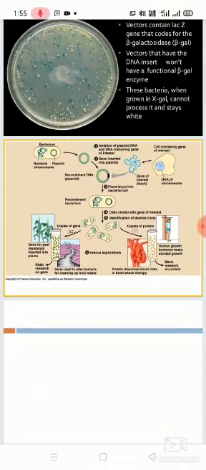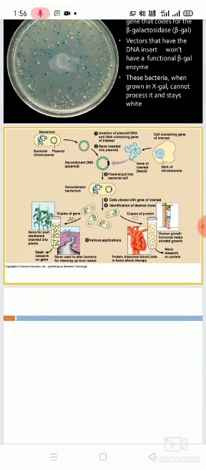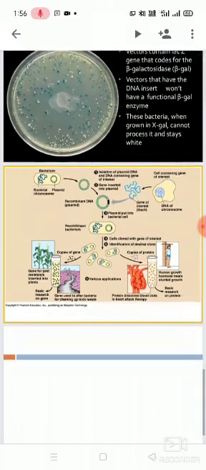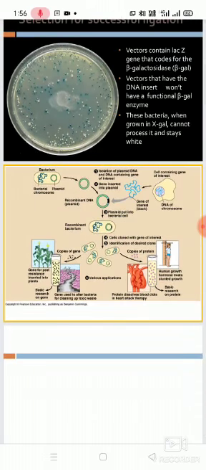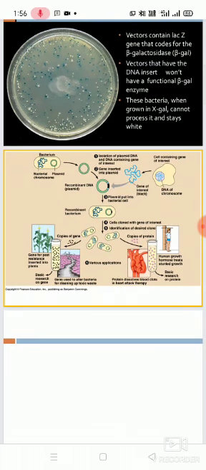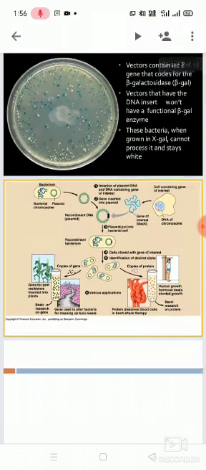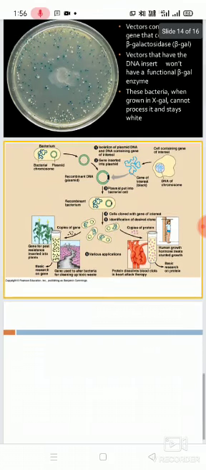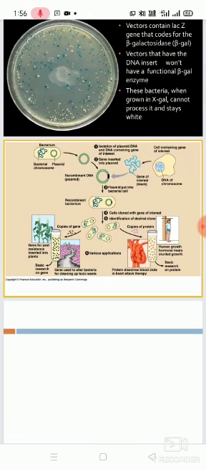So quickly I will summarize the whole gene cloning process. As I already told, the plasmid is very important, acting as a vector, and the DNA, the gene of interest, is the second important thing. So we extract the plasmid and isolate the gene of interest. This gene will be inserted into the plasmid and will finally result in recombinant DNA. This plasmid will be further transformed into the host cell, where it will replicate and multiply into multiple copies.